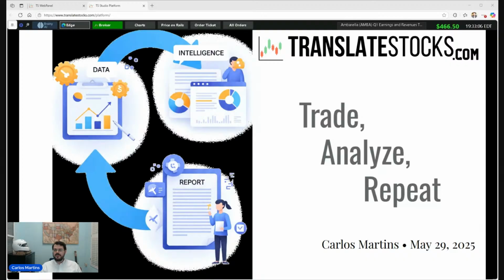So let's begin with what it's like to trade with the agent. First, forget about only the trading platform, only the tools, and only the technology itself. Trading and the tools that you have to trade are one third of the process. You have to analyze what's going on and then take off the outliers and then do it again: trade, analyze, and repeat.